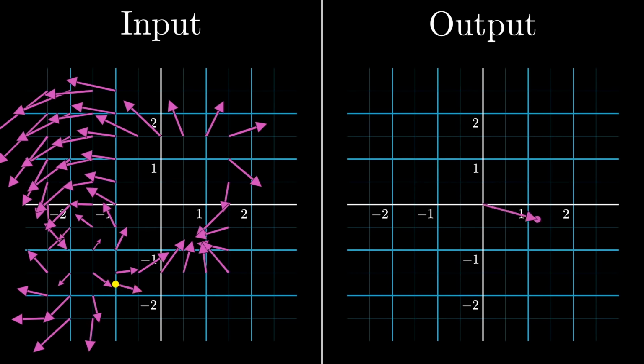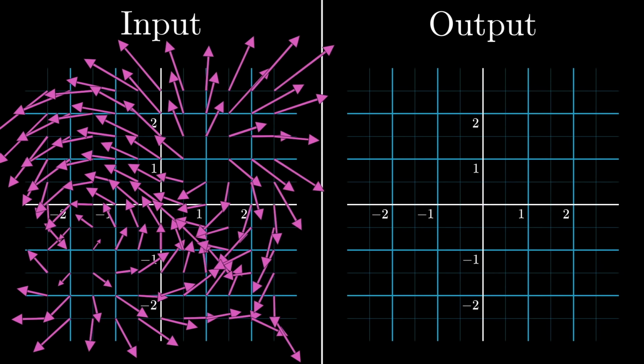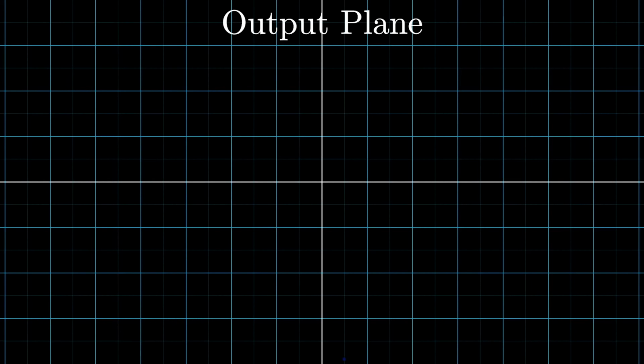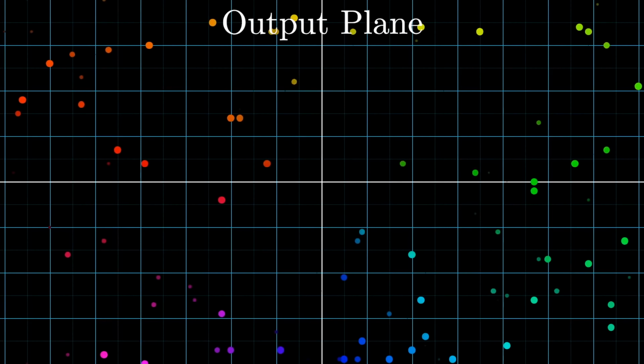And unfortunately, when you do this at a lot of points, it can get pretty cluttered. So here, let me make all of the arrows the same size. And what this means is we can get a sense just of the direction of each output point. But perhaps the prettiest way to illustrate two-dimensional functions, and the one we'll be using most this video, is to associate each point in that output space with a color.